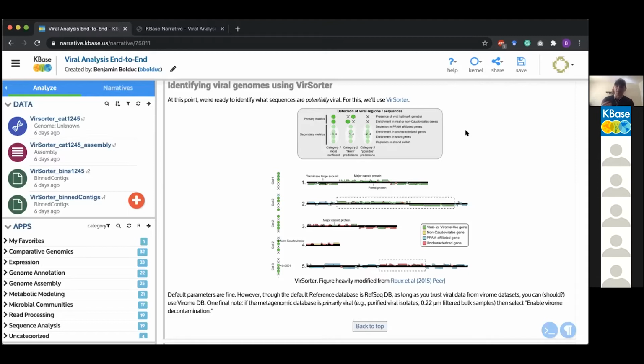And so some might be asking, well, what are these characteristics that VirSorter uses? And those characteristics are basically